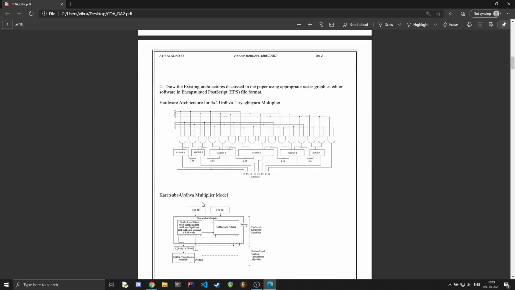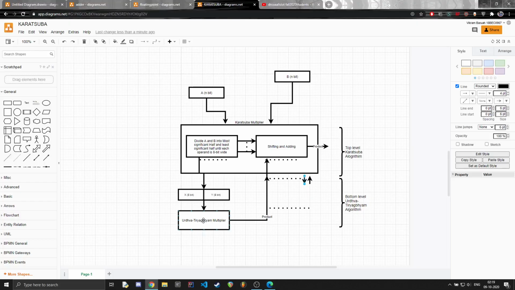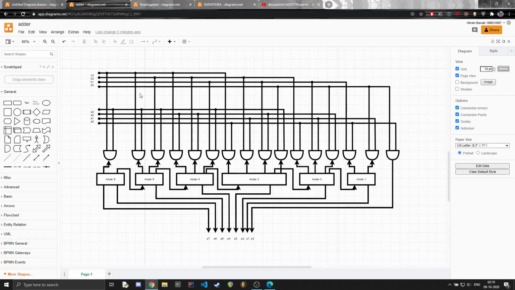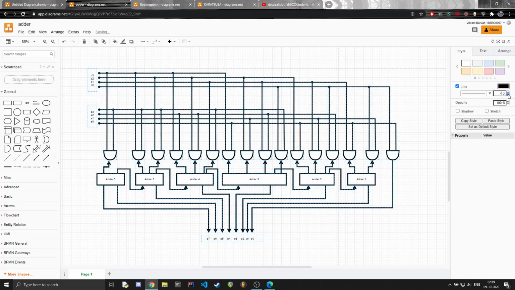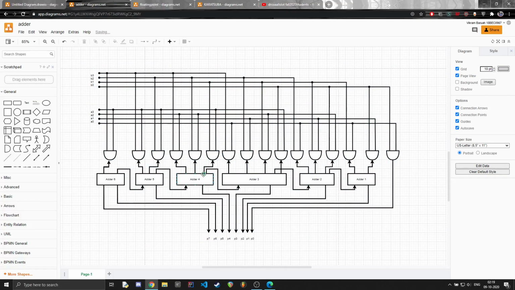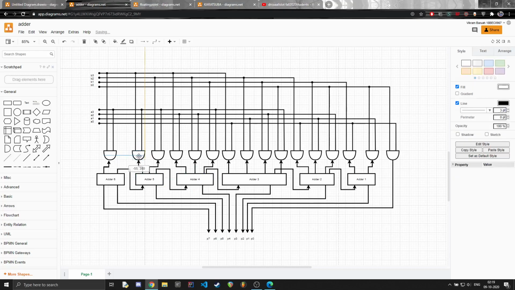So moving on to the next question, we have to draw the existing architectures that are discussed in the paper. The first architecture is the Harvard architecture for the Urdhva Tiryakbhyam multiplier, which I have simulated in draw.io as well. So I can decrease the thickness for the entire thing like this. I can move around the blocks like this,